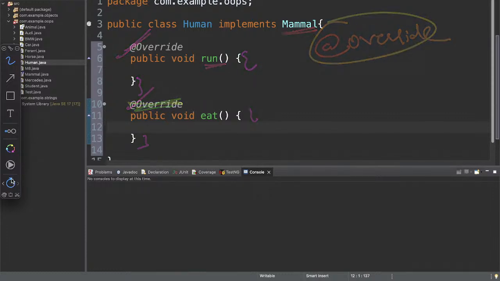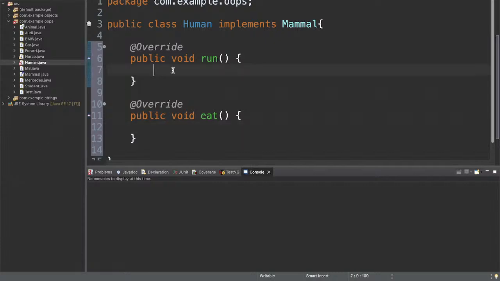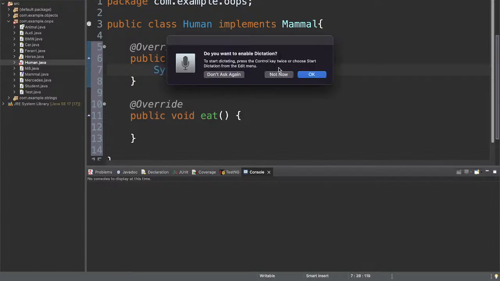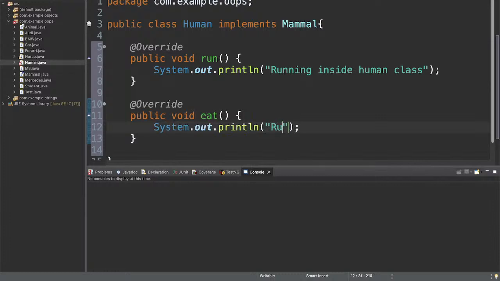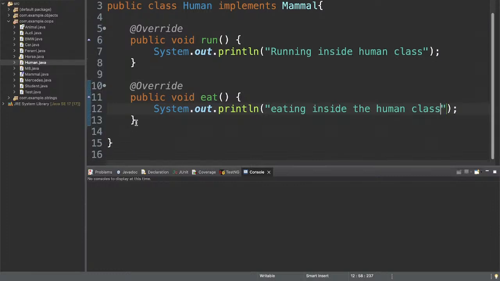So now what I can do is over here I can say System.out.println, running inside human class, and over here I can say System.out.println, eating inside the human class. Yes, now if I declare a main method over here,